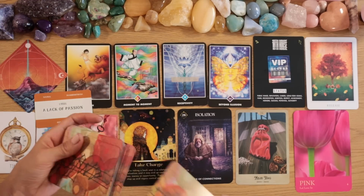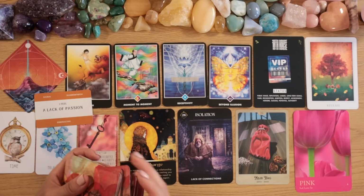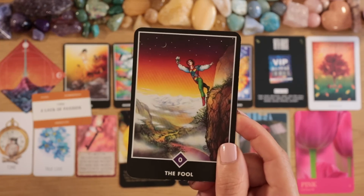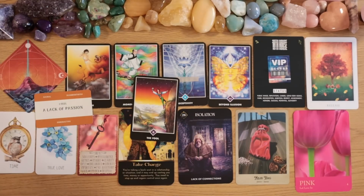Okay, let's just do 3 last cards here. The Fool. Wow. Transitioning into this. It's been heavy for you. Now it's going to be lighter. I think you're going to go through a pretty big 10 months. During these next 10 months, I think this is going to be in focus to make you release this, to make you heal, to make you transition with the Fool here into